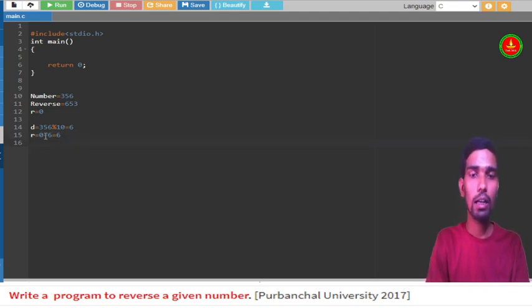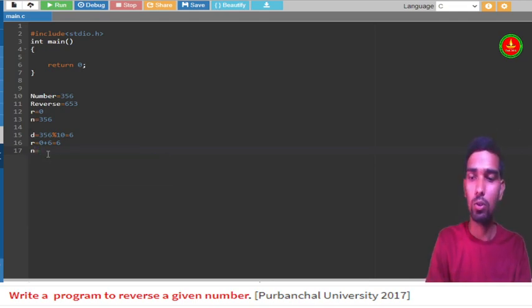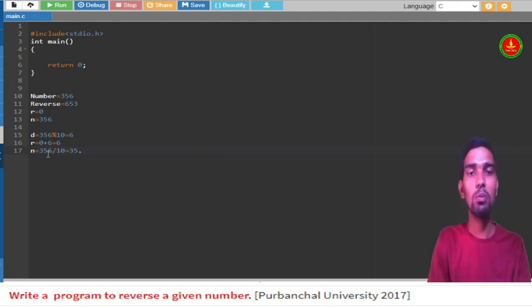Again I will go and take n equal to 3, 5, 6. Now n equal to n by 10, so 3, 5, 6 by 10. It will return 35.6, but as we are storing it in an integer, it will lose the decimal value, so it will become 35.